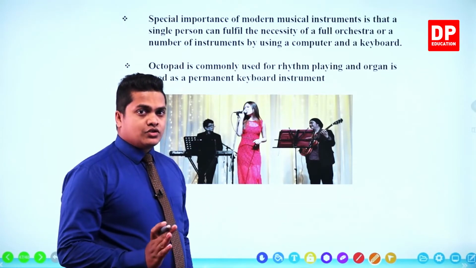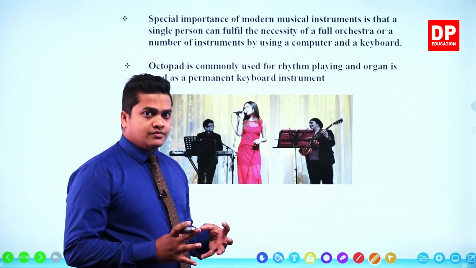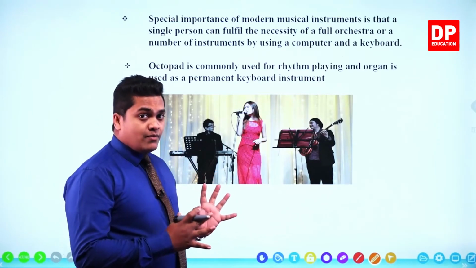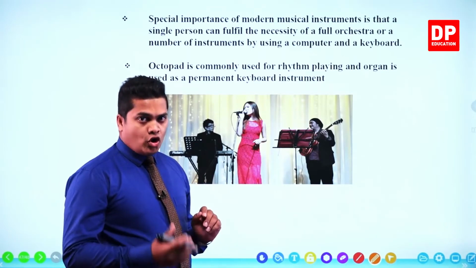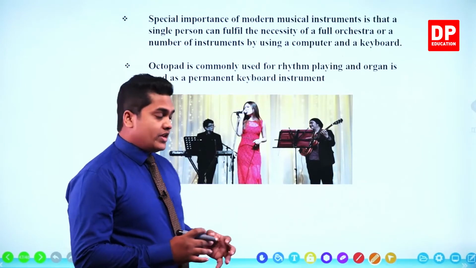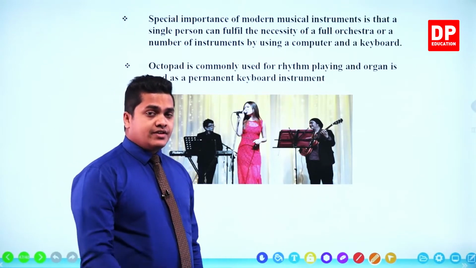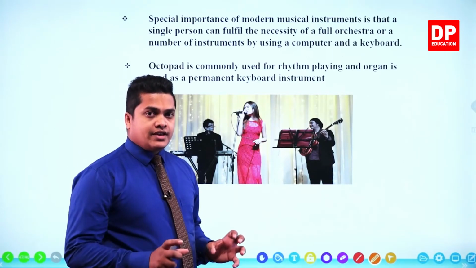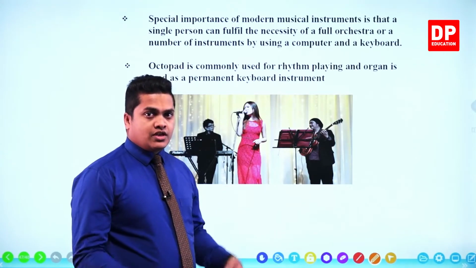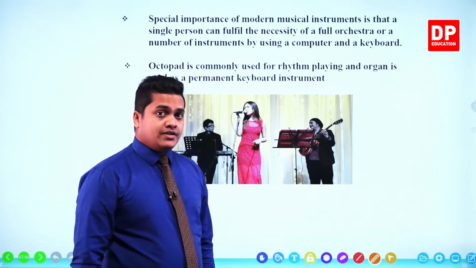In the earlier case I also explained to you that the guitar is a modern musical instrument, and also that keyboard, or in normal terms the organ, is a modern musical instrument. These are more advanced. The organ has an ability to produce different types of sounds. There are different keys. This music can be digitalized. We can record the music into the keyboard or the organ, right? So the whole orchestra can be played.